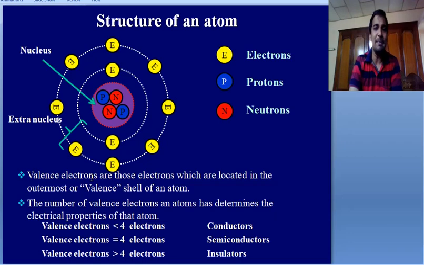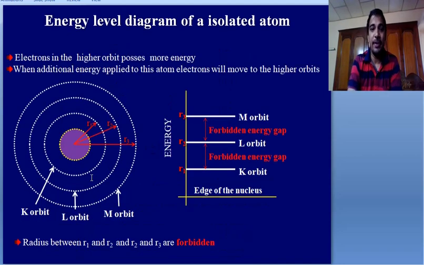Next, the third type, semiconductor. Semiconductors have the number of valence electrons equal to 4 or 5. In those materials, the bonding force required is minimum or maximum or in between, depending upon temperature. Right, go to the next slide. This is the energy band diagram.